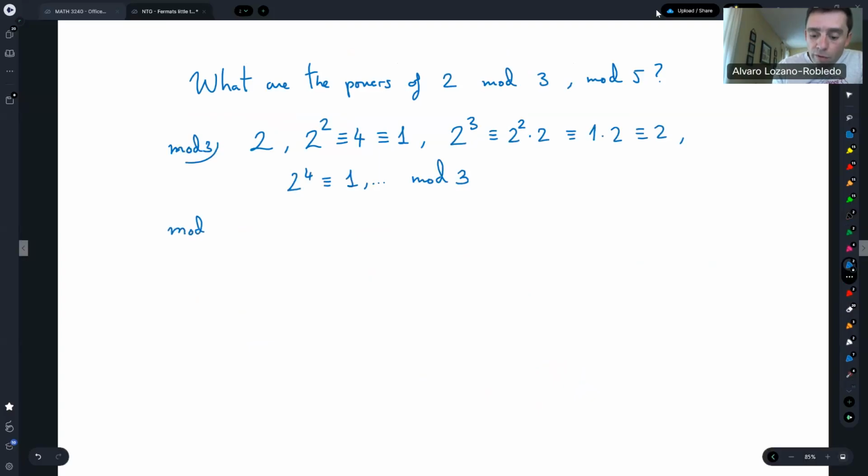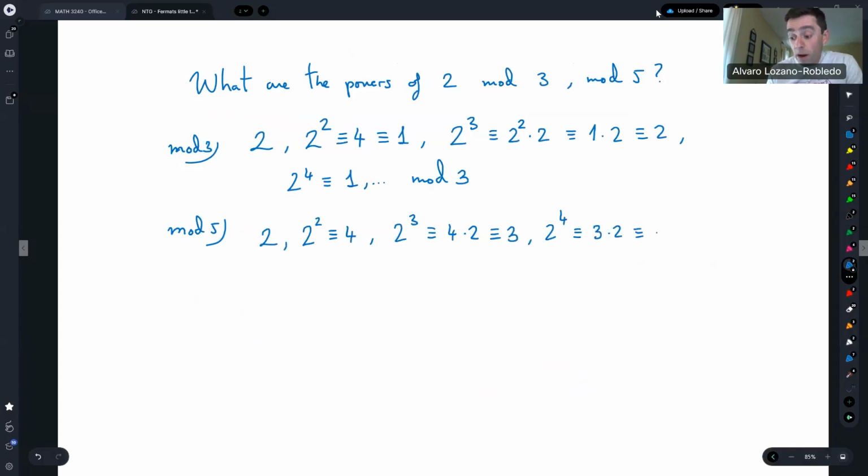What about modulo 5? Modulo 5 is a little bit more exciting, but not a lot more exciting. 2 to the 2, that is 4 mod 5. 2 to the 3 would be 4 times 2, 8, which is 3. 2 to the 4, that is 3 times 2, that would be 6, which is 1. And therefore 2 to the 5 will be 1 times 2, which is 2. And the pattern repeats. It will be 2, 4, 3, 1, 2, 4, 3, 1, etc. The key though here is that 2 to the 2 is 1 and 2 to the 4 is 1 in those two cases,